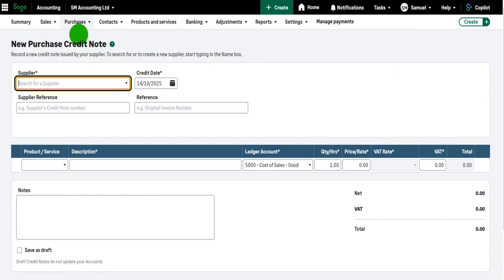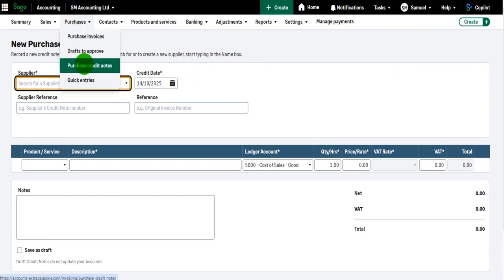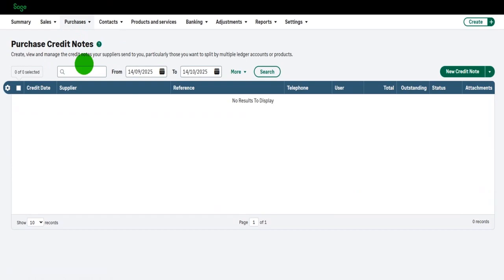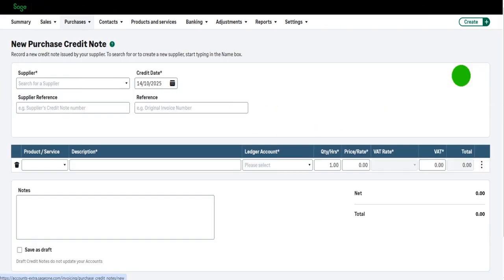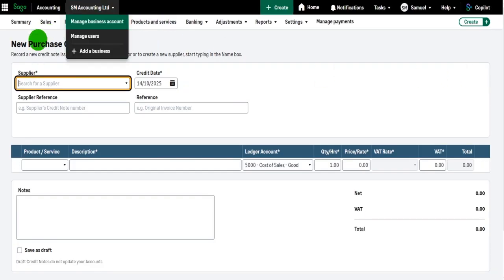You can access this screen another way by going to purchase credit notes. This is the purchase credit notes screen, which is very similar to many other screens on Sage Accounting. We have this heading, we have the list, the table, etc. There's nothing on the list, because I haven't recorded any purchase credit notes yet. But if I click on new credit note to the top right, then I'm taken to that same screen, new